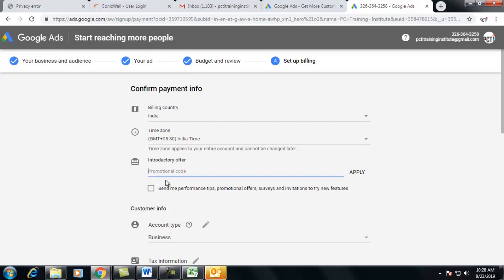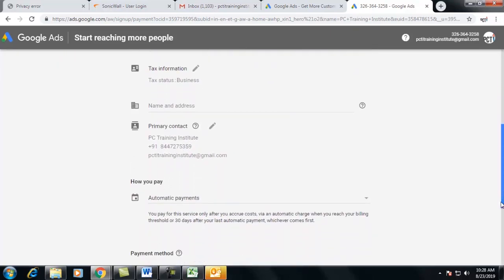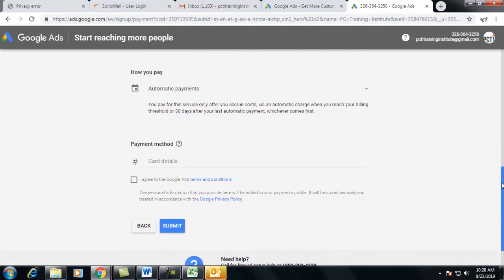This pencil shows that if you want to edit any information, such as the name or anything else you want to alter, you can do it. You are paying for the service only after your accrued cost or automatic charge. Now here comes another important concept, that is payment method.